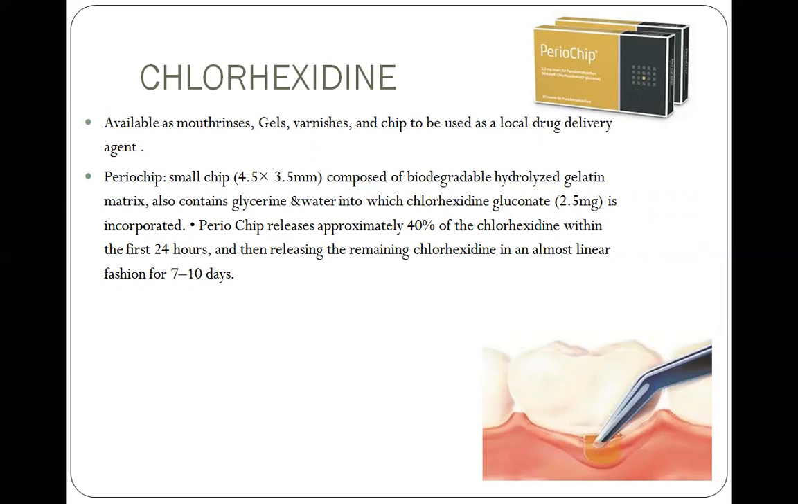One of these types is PerioChip, which is a small chip, about 4.5 by 3.5 millimeters, less than 1 centimeter, made up of a biodegradable hydrolyzed gelatin matrix, and it contains glycerine and water in addition to the chlorhexidine gluconate, about 2.5 milligrams. The PerioChip releases approximately 40% of the chlorhexidine within the first 24 hours, and then releases the remaining chlorhexidine in a linear fashion within 7 to 10 days. So it stays effective